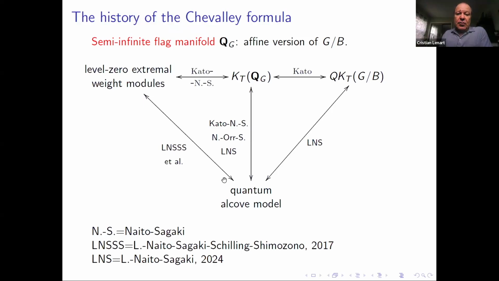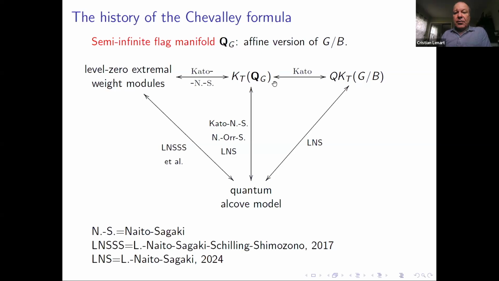And then this quantum alcove model was first developed in connection with the representation theory of certain modules of affine algebras called level 0 extremal weight modules. The abbreviations are indicated here at the bottom. With Naito, Sagaki, Schilling, and Shimozono, we used the quantum alcove model to give character formulas, but not just that, also to express the crystal structure of these modules. The crystals record some information about the representation, enough information to allow you to do the basic computations in representation theory. And then Kato, Naito, and Sagaki were able to relate